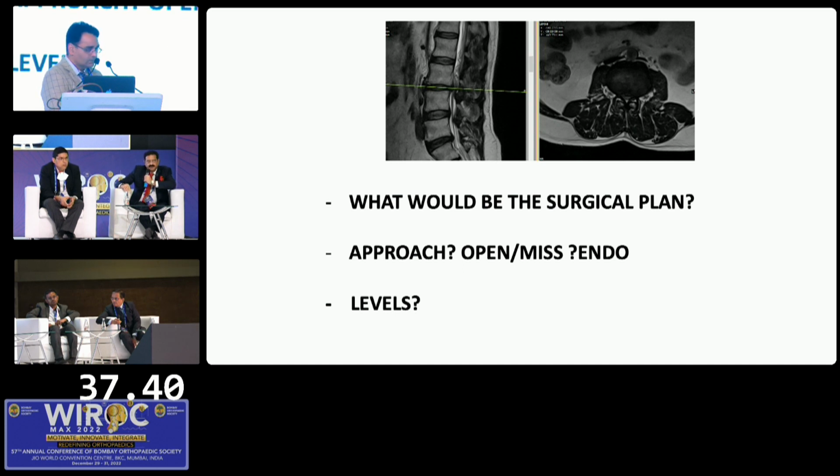L3-4 decompression, if the patient has localized symptoms which correspond to L3-4 and no instability as per the X-rays and everything on a stress view, then I think only the junctional decompression is good enough. You have to be very careful, because the canal is stenotic, that a dural leak does not happen. That is the most important thing. And see to it that all the nerves are completely decompressed.